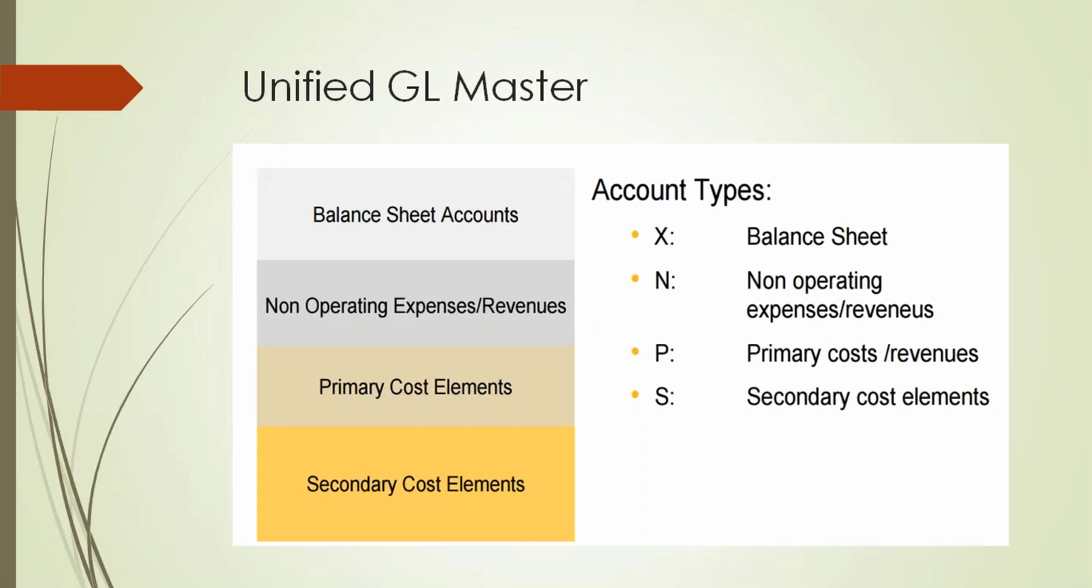So apart from the normal fields in the GL master, there is one new field called account type. Normally we have the account group in the GL master, which will still be available, but there will be one more field called account type. Account type says whether it is a balance sheet account, and these are the four default types of accounts: balance sheet accounts, non-operating expense and revenue accounts. This means that the